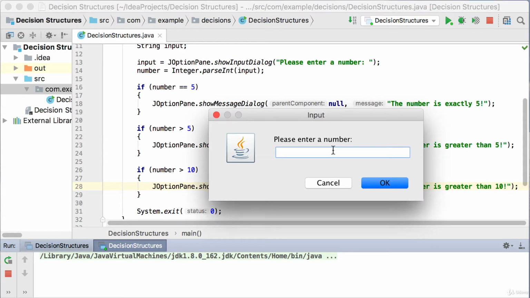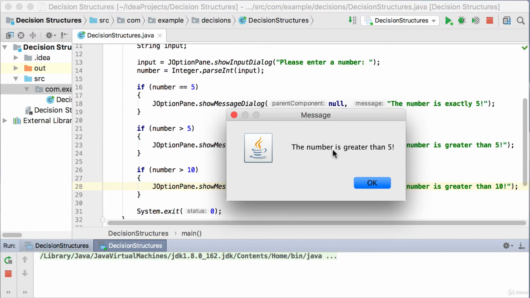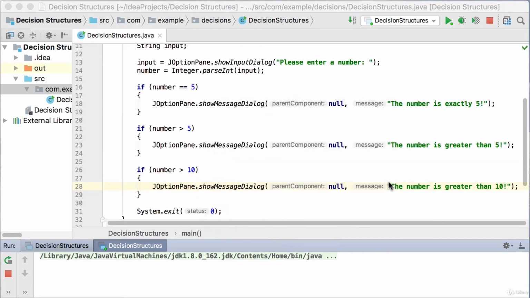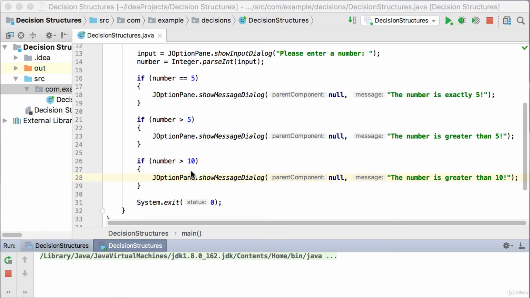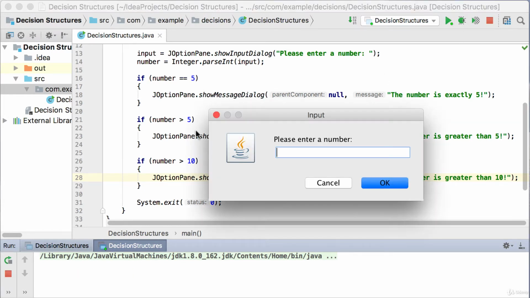And let's make that number 12 now. So now it will say the number is greater than 5 because 12 is greater than 5. But it will also go to this if statement to say the number is also greater than 10. So this is just a normal if statement, and the problem we have now is that if I only wanted one message to pop up to say it's greater than 10 or greater than 5, then this way of doing